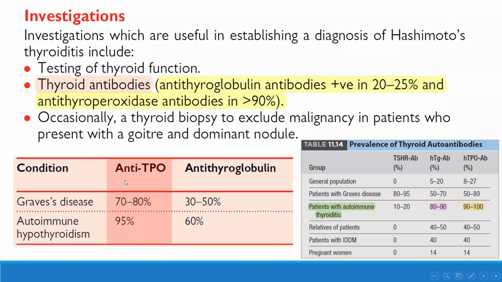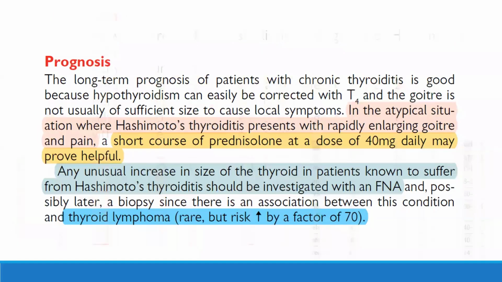And anti-TPO or antimicrosomal antibody is positive in about 95%, and in most cases it is from 90 to 100% in autoimmune thyroiditis. Don't forget that thyroid biopsy is not needed in most cases, but in some very rare cases we need to do it to exclude malignancy, especially in a patient with Hashimoto thyroiditis with a rapidly enlarging thyroid gland, to exclude thyroid lymphoma. And if there is a nodule with specific criteria, we should go to fine needle aspiration of the thyroid.